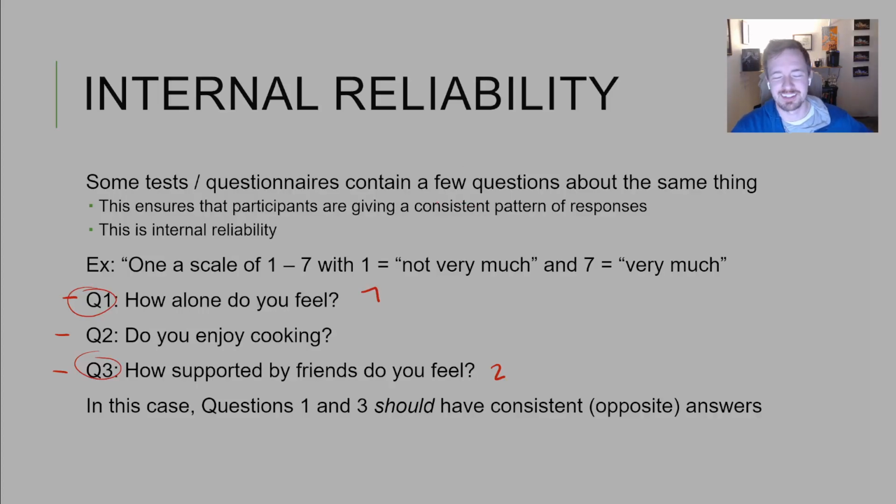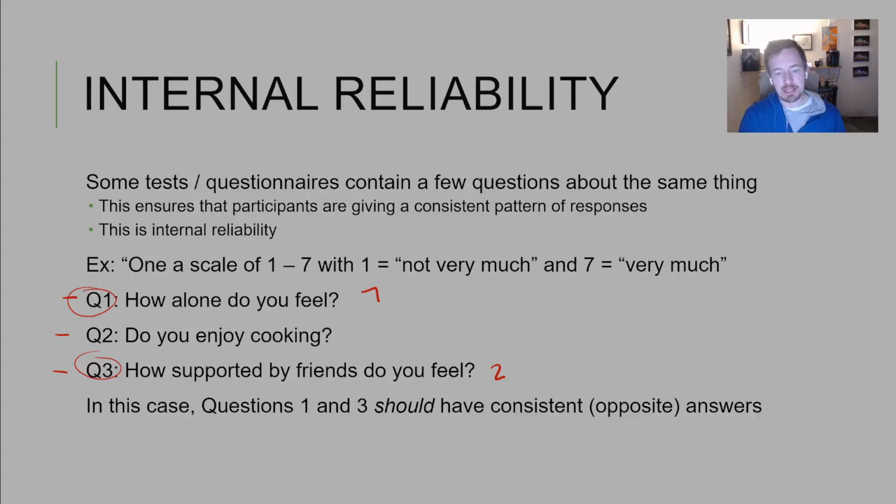sorry, my bad. Hopefully you were reading this and a warning sign came up, because you were like, wait a second, I'm not sure that makes sense. Because these two things would potentially be opposites, right? If somebody scores really low on this, that means that they feel alone. And so if somebody scored a 7 on this and a 2 on this, that's actually a good thing. That actually shows that there's probably good internal reliability here,